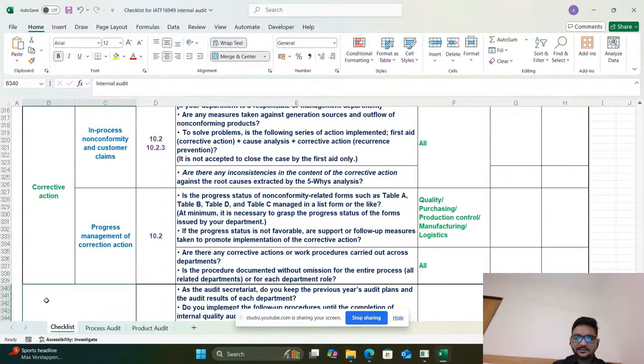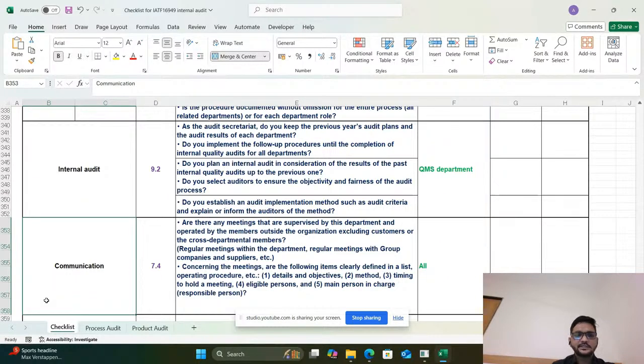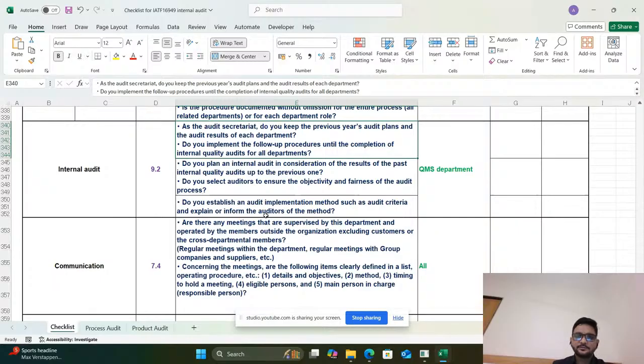And next is internal audit. In internal audit, we need to check the previous audit observations and their closure, as well as whether the internal audit procedure is available or not, whether plans are available or not, and whether internal audit is conducted according to the plan, the list of the internal audits, and whether you select auditors to ensure the objectivity and fairness of the audit process. Do you plan an internal audit in consideration of results of past internal quality audits and previous results, and current